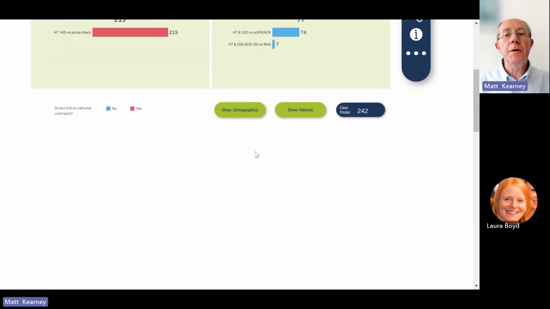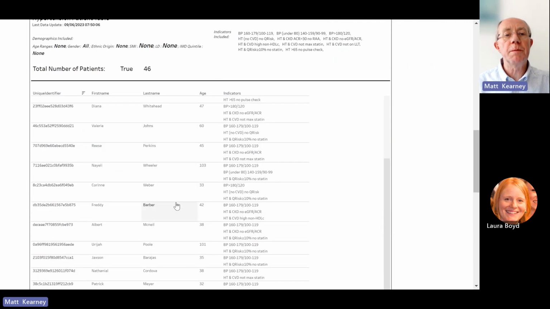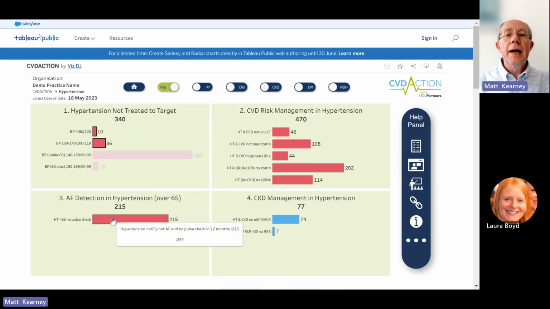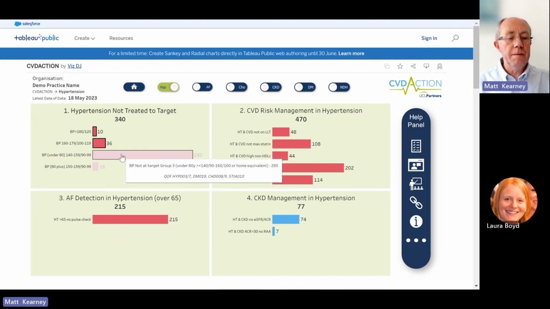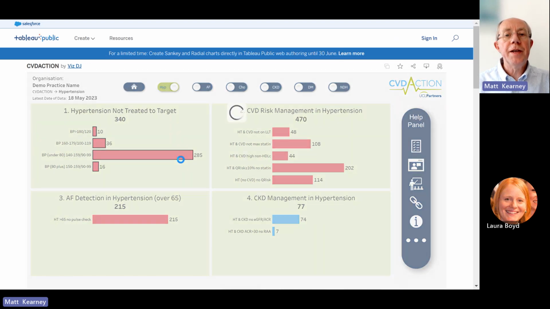And then I come down to the bottom, click on Show Patients, and then I will immediately see all of those patients, 46 patients with blood pressure above 160. So easy to action in that way. And in fact, if I click on bring in those other blood pressure groups as well, so this is everyone with poorly controlled hypertension in practice. If I then go down to demographics at the bottom,